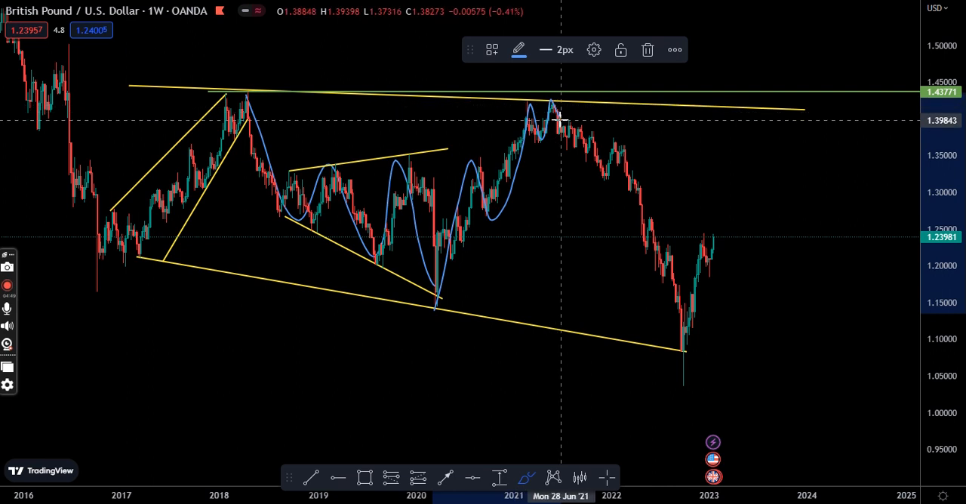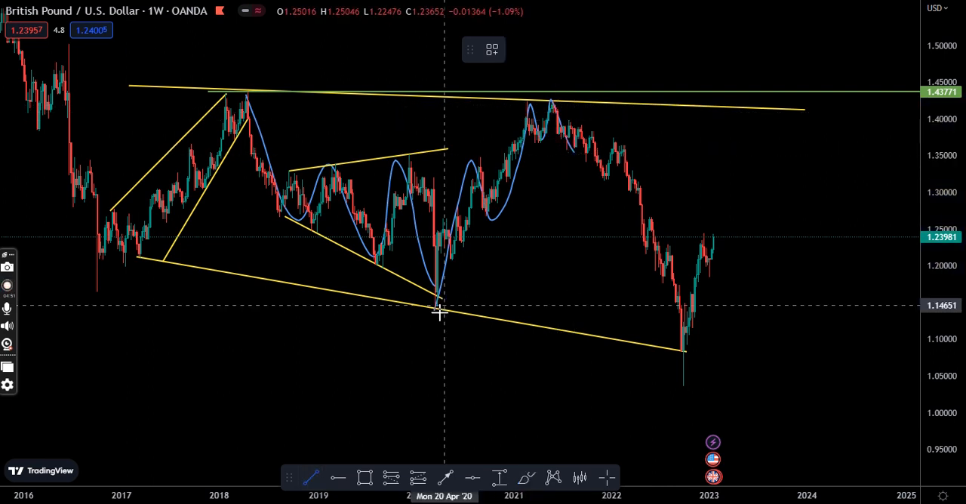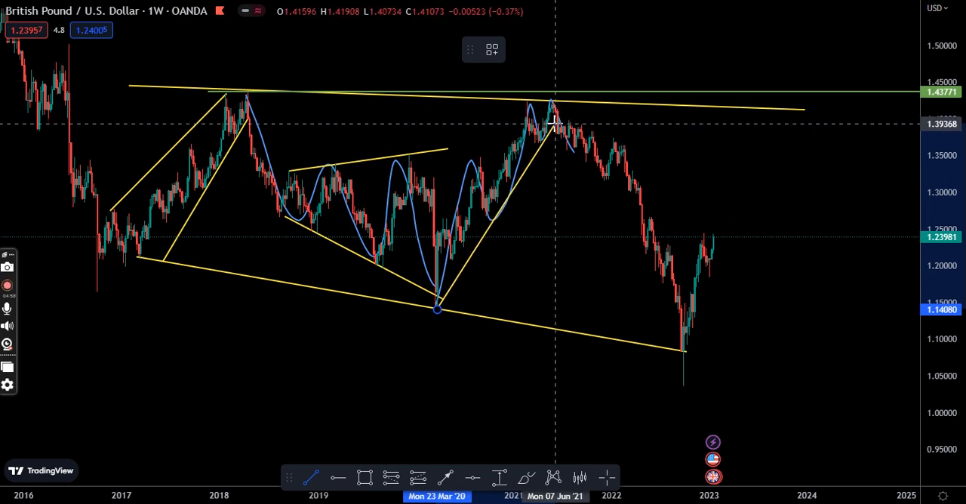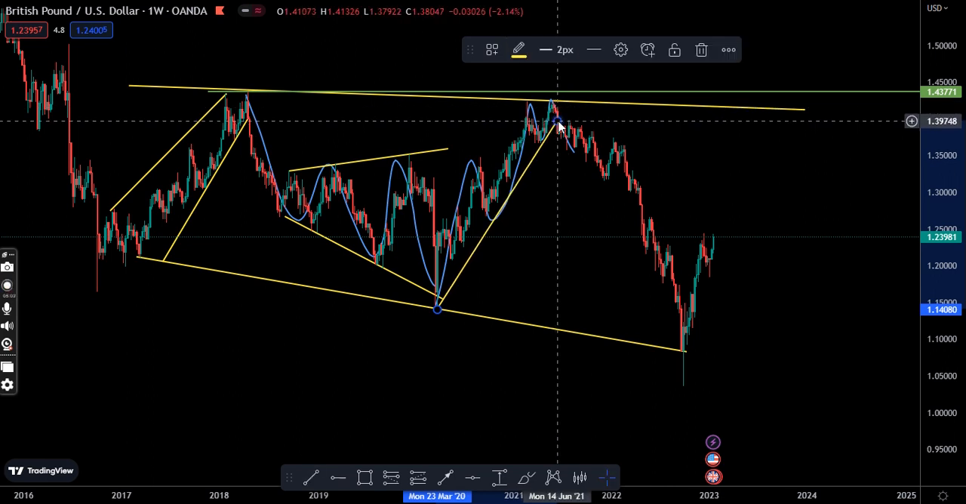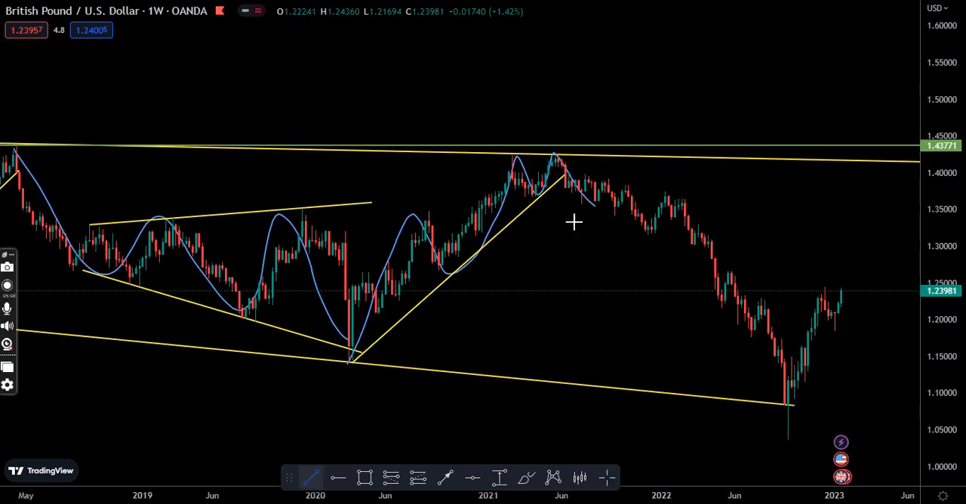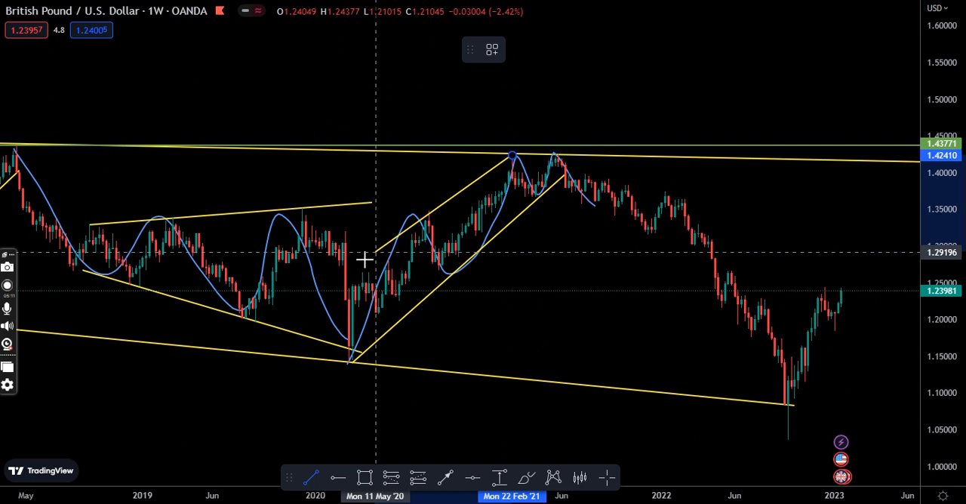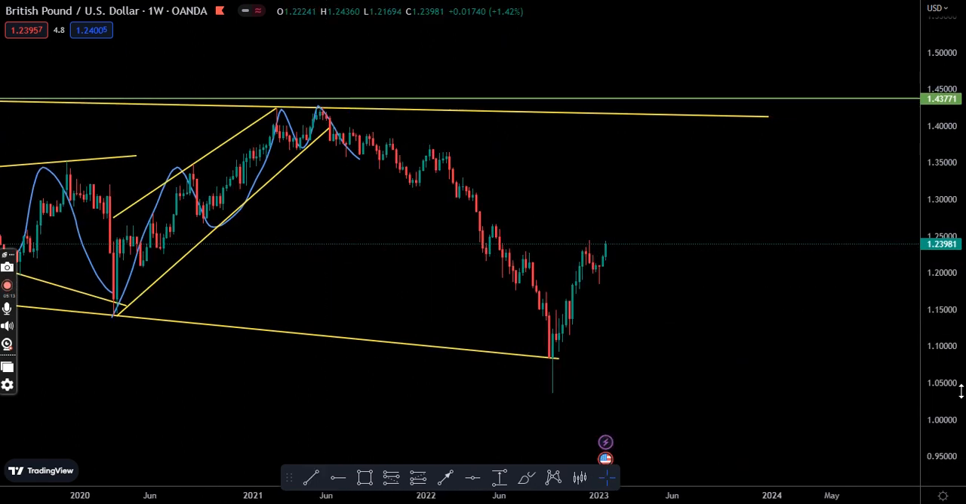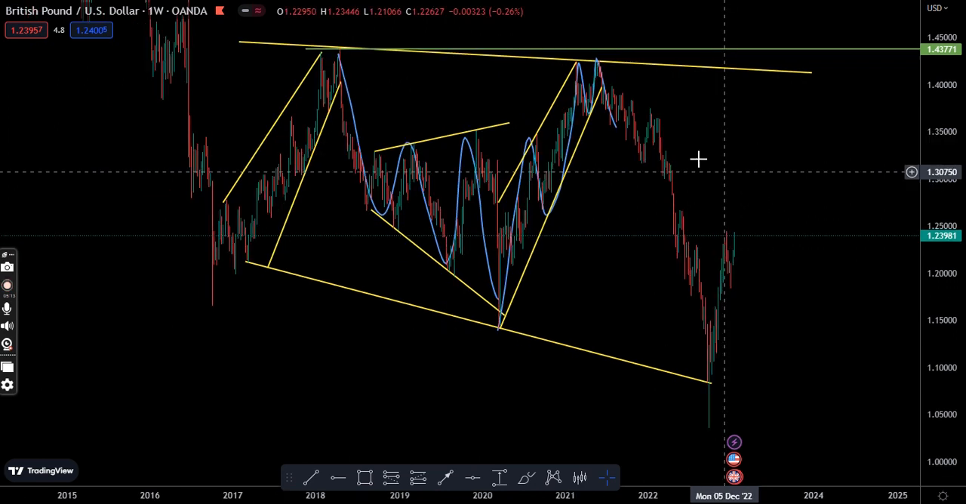Once we have the double top, that means we have strong indications that the market will shoot to the downside. So we should have a pattern right over there, and currently, as you can see,